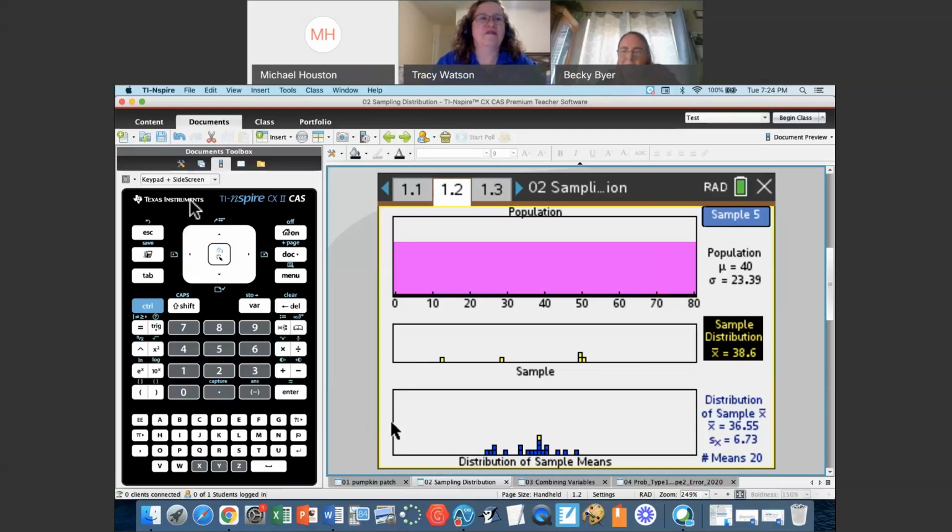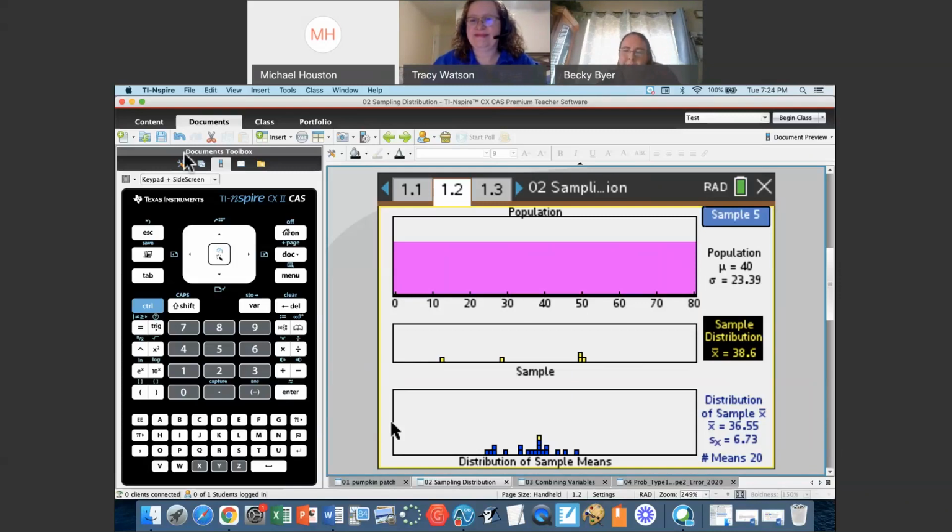I like the close to normal. Oh, some of you are thinking it's unimodal, which it looks unimodal. Okay. What other vocab words can we use? Approximately normal, yes. Symmetric, nice. Okay. Roughly symmetric.